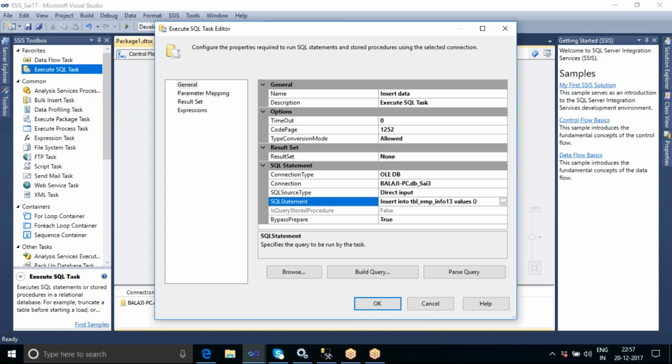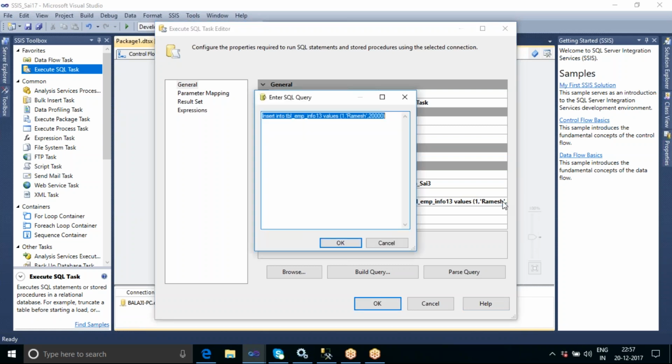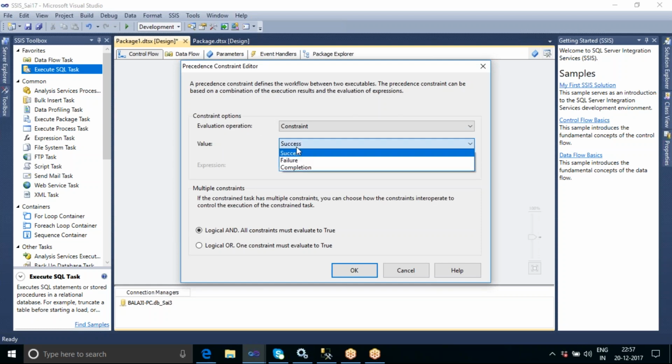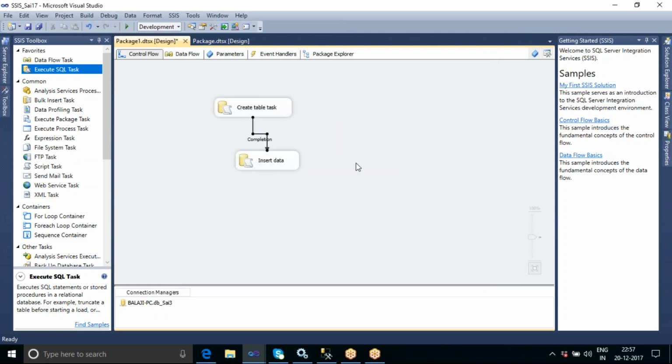I'm inserting the data. Let us write one comma, something like Ramesh, some salary. Okay, I'm inserting some data here. Now instead of success, let me convert this success operator or connector into completion. Now you can see the color of the arrow mark is changed